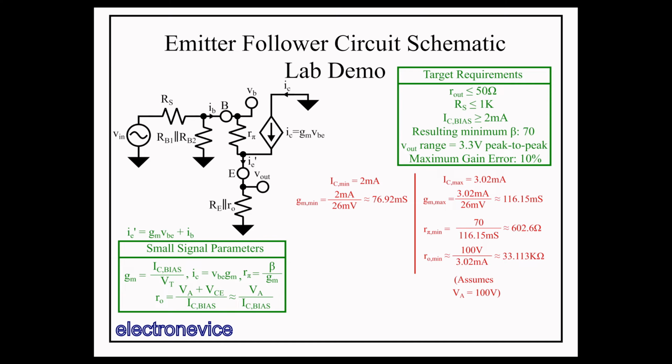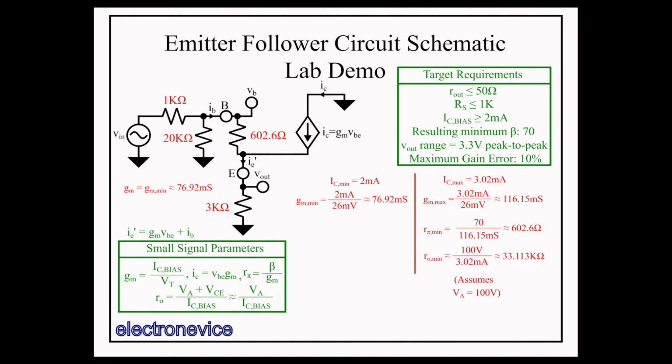Now we perform the appropriate calculations for the parallel values, and we see the following small signal circuit with real values plugged in. Note that I haven't used the minimum and maximum values, just the worst case ones for gain and input impedance. Technically, some of these values could be altered to make the output impedance worse, but under those conditions, the gain will be closer to 1, so for this analysis, we'll just use these values.